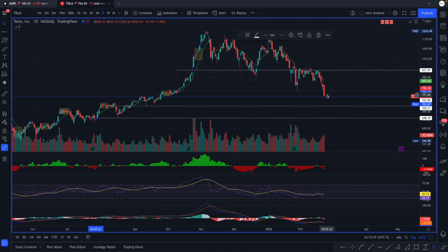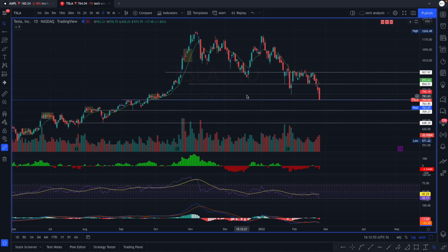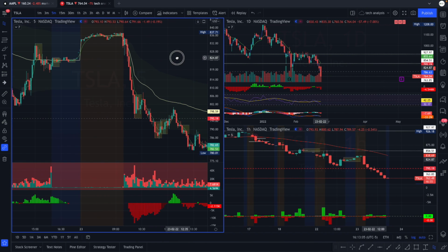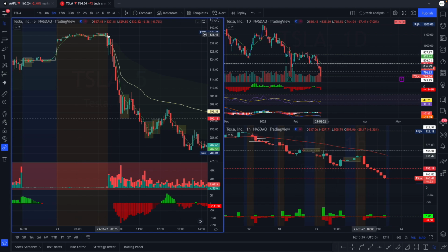We want to see if Tesla can find some sort of pullback here and find its way above the 850 level, so it can start to continue a push to the upside. Unfortunately, if it goes here and it fails, it's going to come down very hard and very fast, right? So keeping that in mind, looking at Tesla here on the 5-minute,